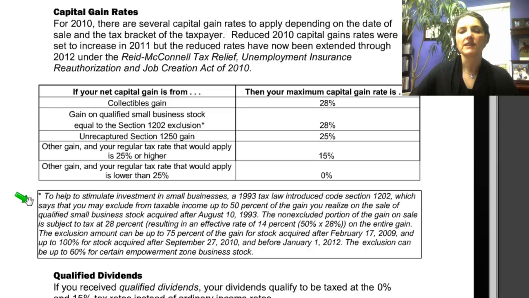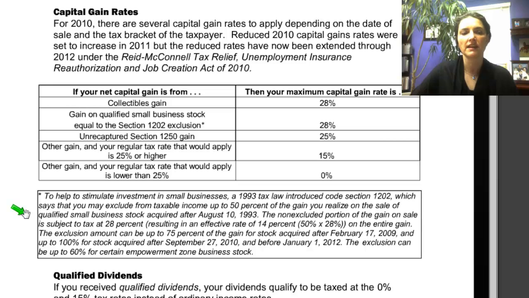To help stimulate investment in small businesses, there was a 1993 tax law introduced under Code Section 1202, which says that you can exclude from taxable income up to 50% of the gain you realize on the sale of qualified small business stock that is acquired after August 10, 1993. The non-excluded portion of the capital gain on sale is subject to a 28% rate of tax, which essentially results in an effective rate of 14%